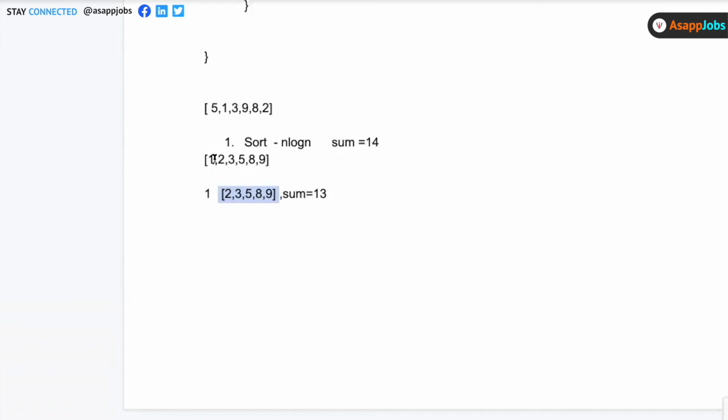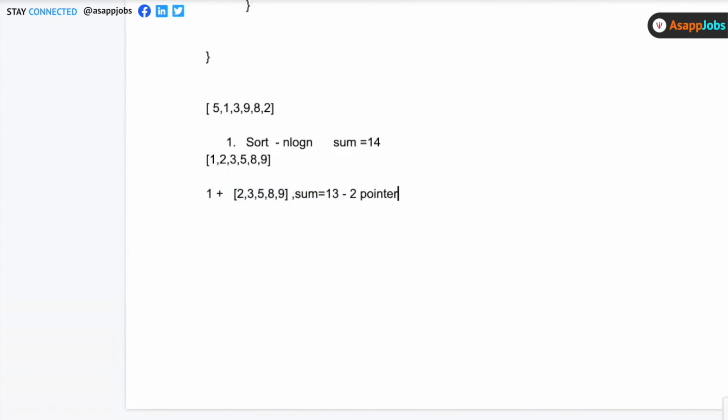If I fix one element 1 and, excluding 1, I can get 13 in the remaining array, I can get a sum of 14 total. Can I say this? Yeah. So basically this problem consists of this 1 plus this. This problem is the previous problem that we have solved, right? A two-pointer approach problem. So we have broken this problem into our previous problem. We fix just one element, and we are only left with two elements, and we only have to look for the sum equal to 13. This is a two-pointer problem that we solved previously. So this is how we do it, logically.